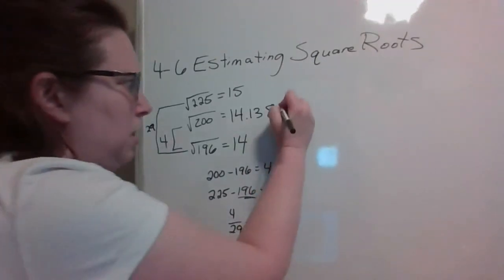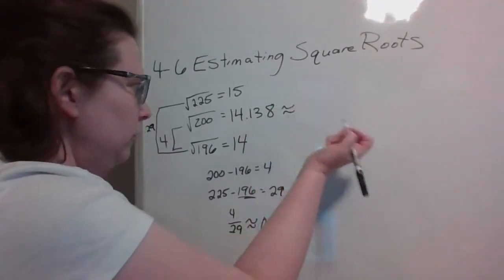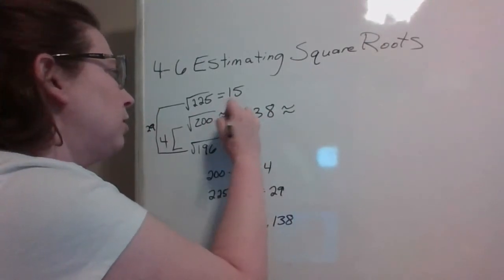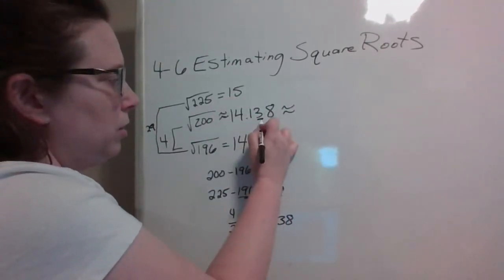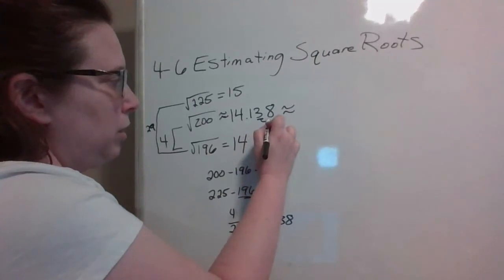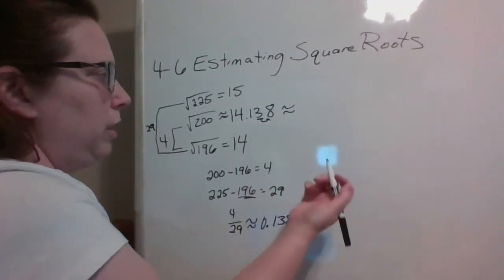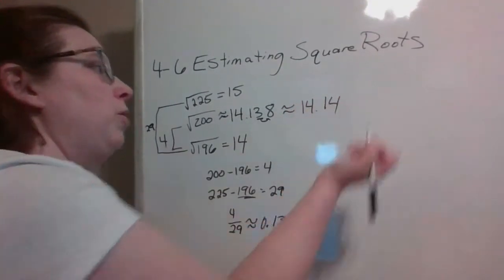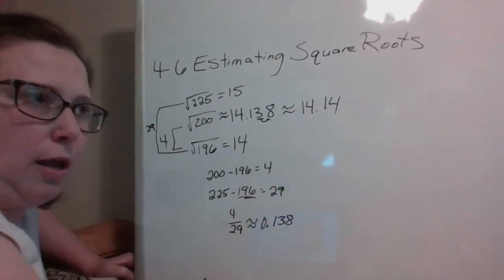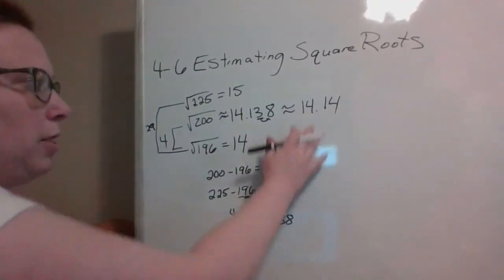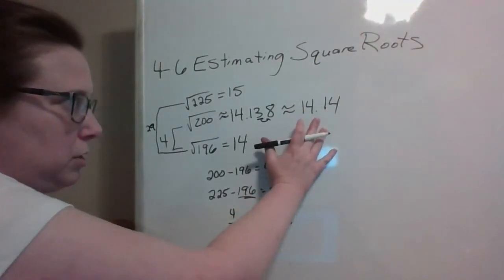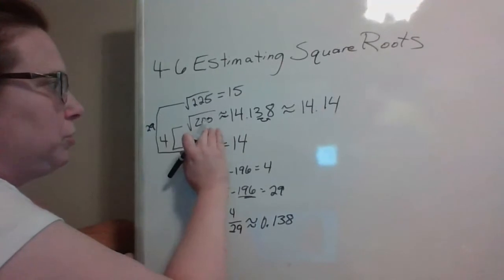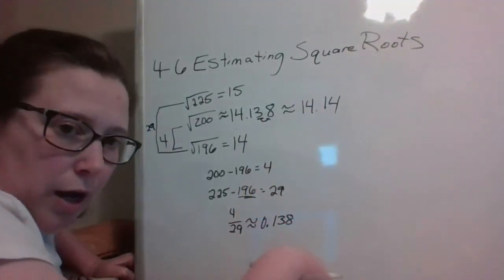They wanted us to round to the nearest hundredth, which is here, so we would think about, is it going to stay a 3 or bump to a 4? We look to the right, 5 or higher, so we're going to bump to a 4, and we get 14 and 14 hundredths. And that is a really good estimate for the square root of 200 to the nearest hundredth,